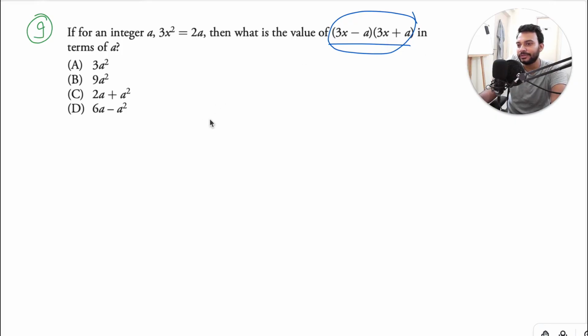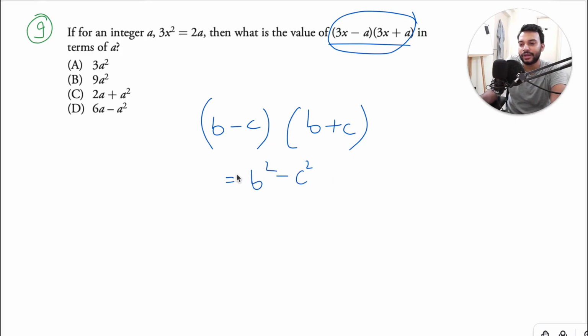So anytime you're given something like b minus c times b plus c, check by multiplying, you'll get b squared minus c squared, straight, b squared minus c squared. So according to that, here in this case, 3x minus a times 3x plus a, that is 3x squared minus a squared. 3x squared, that is 9x squared